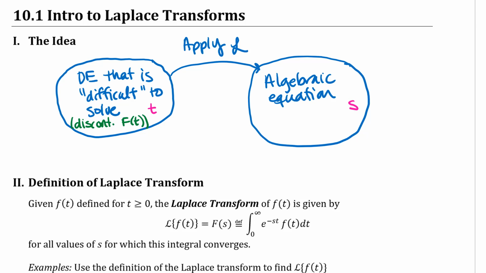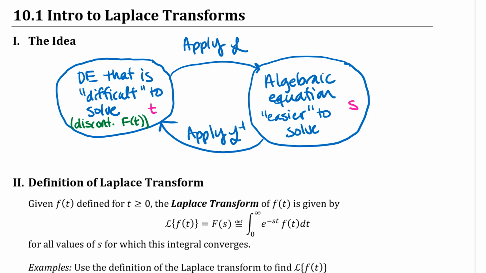And the idea there is that for an algebraic equation, at least, we have more tools, so maybe that is easier to solve. And so we'll solve the algebraic equation and get a solution for that. And then we want to go back to this time domain, this differential equations realm. And so we're going to need to undo our Laplace transform. So we will apply an inverse Laplace transform,